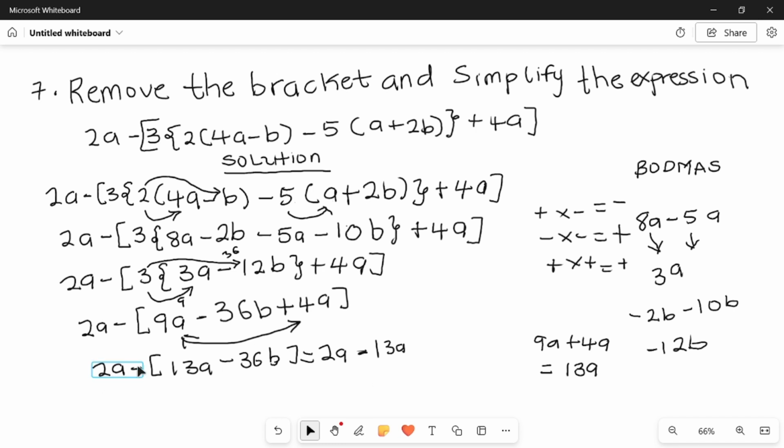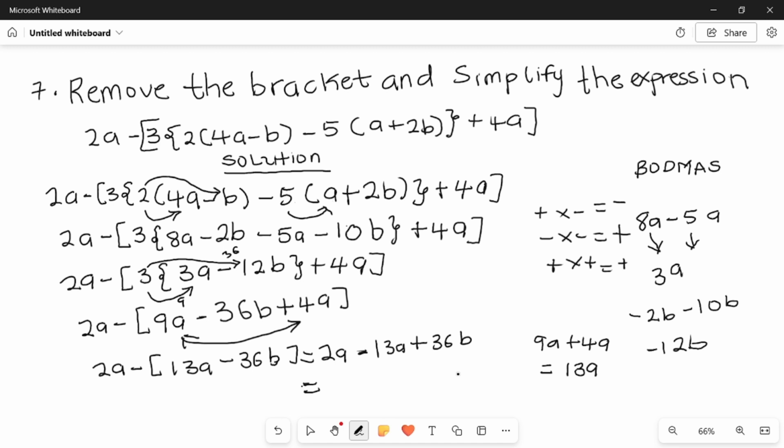And minus times minus, like we had here. Minus times minus gives us plus. So we write plus here. Then we'll bring down 36b. So it's now plus 36b. So if we rearrange again or collect like terms, we'll have that